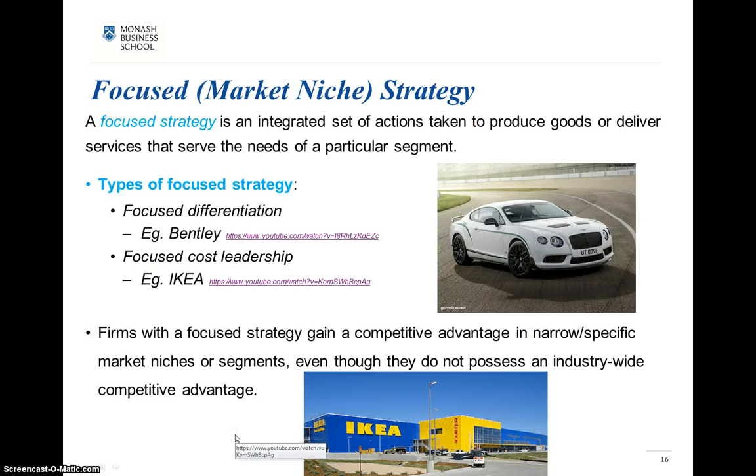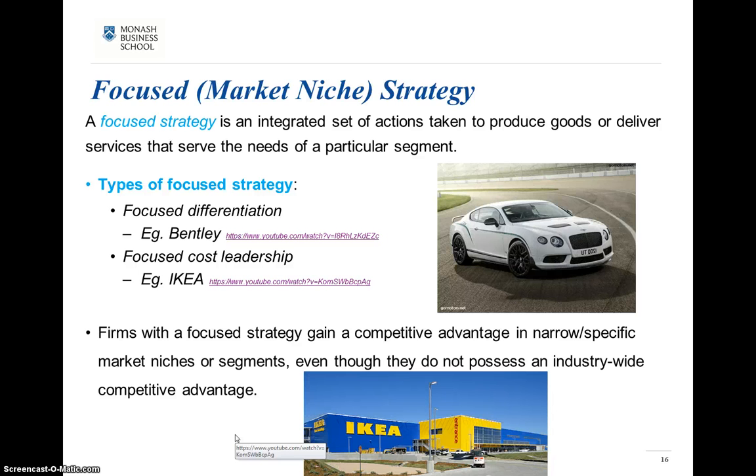So as well as being renowned for their clever marketing, anybody who's bought anything at IKEA will understand that they have a strong reputation for not only low cost, but clearly for within very specific types of furniture and things that they offer. They're very much a niche